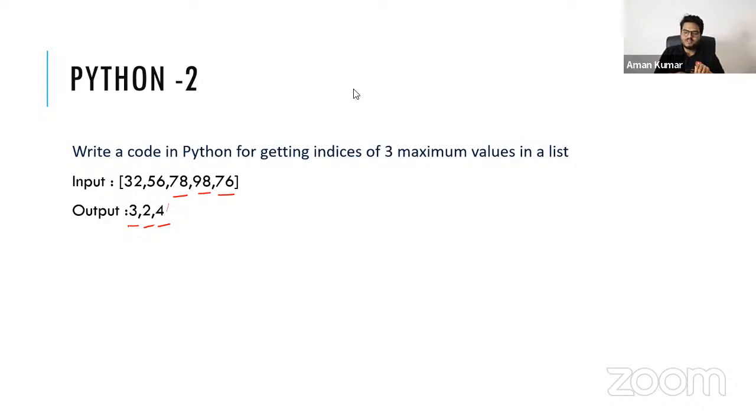Nobody is able to do it yet. Surprising for me. See, as I told, there can be multiple ways of doing it. Somebody can use a filter method, somebody can use an apply method, somebody can simply sort and compare with the previous list and get the indices. Multiple ways.